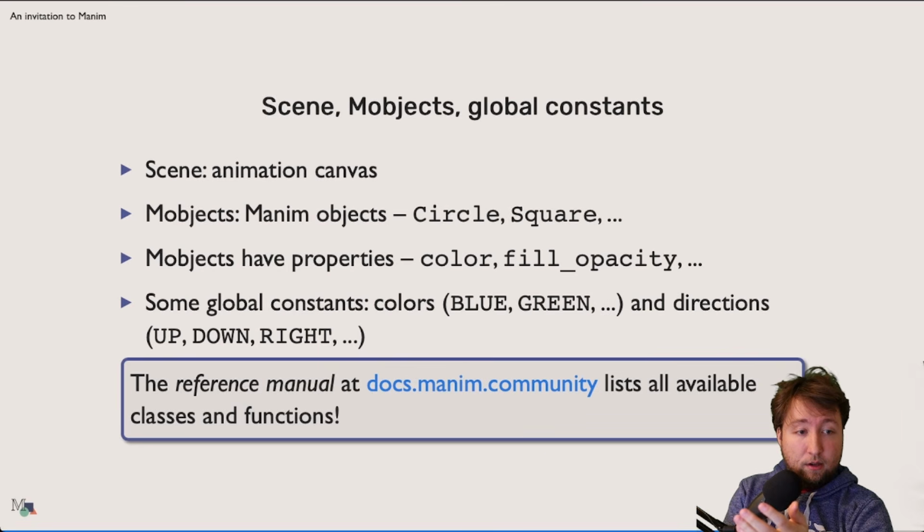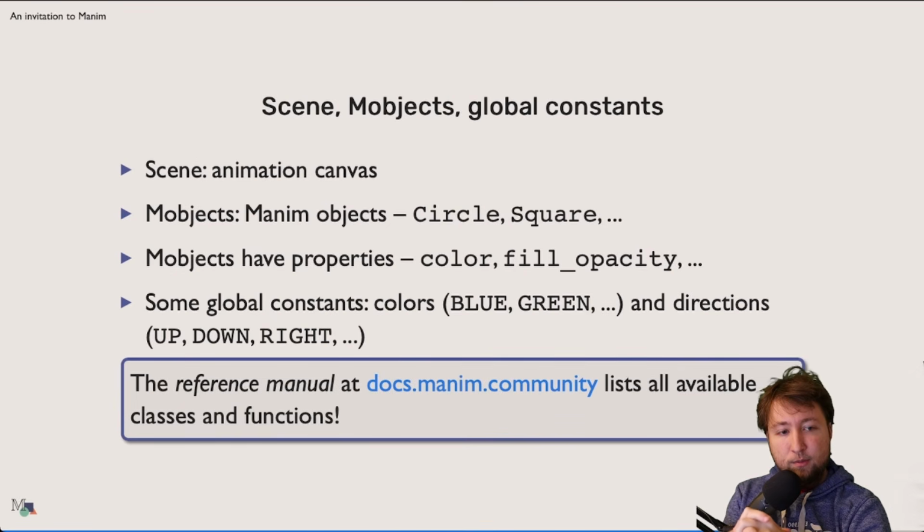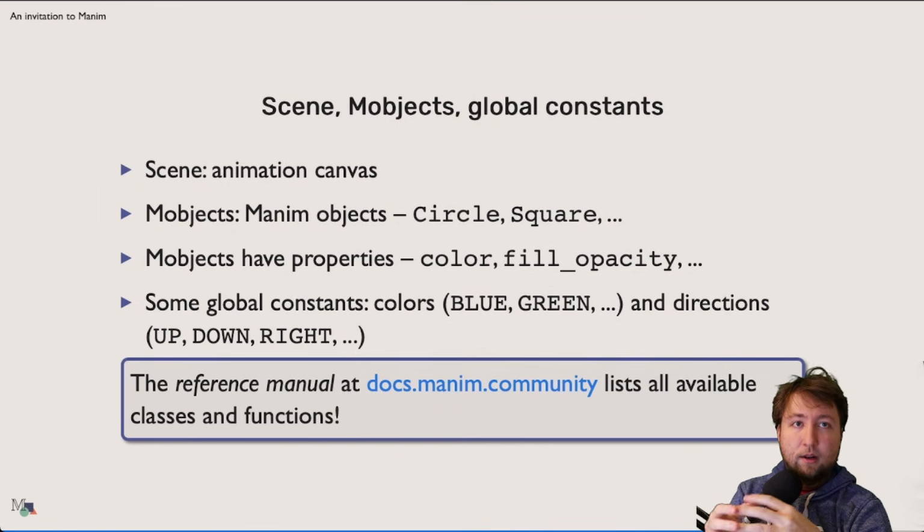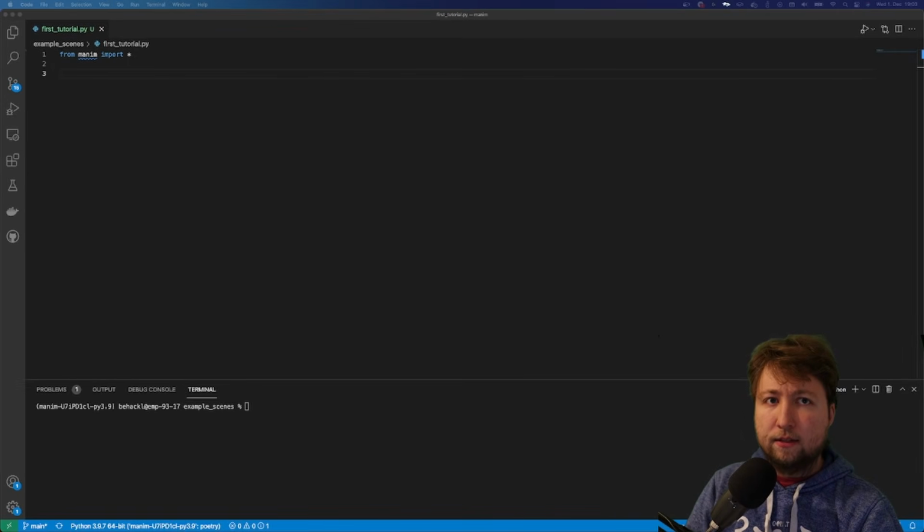You might wonder, now I know these constants and objects, but where are all the others, and how do I know what exists? That's very important. In our documentation, there is one section called the reference manual, and the reference manual contains all the content, all the functions, all the classes that Manim ships with. If you're looking for something, then go to the documentation and use the search function. It will bring you to the corresponding section in the reference manual, where hopefully there is some documentation for whatever you're looking at. Now let's do a slightly more advanced example next.